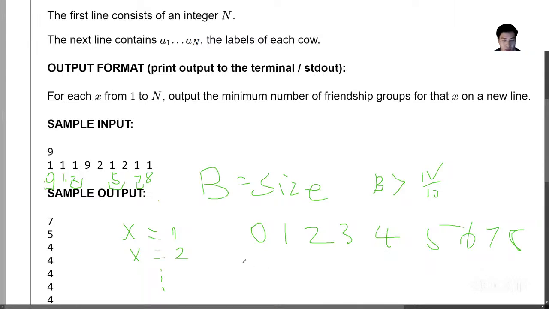Because effectively we have B over 1 plus B over 2 plus B over 3, and so on and so forth, all the way up to B over n. Okay. Or I guess let's just analyze this in terms of n. So assume you just have one big group. Okay, and this would just be n log n